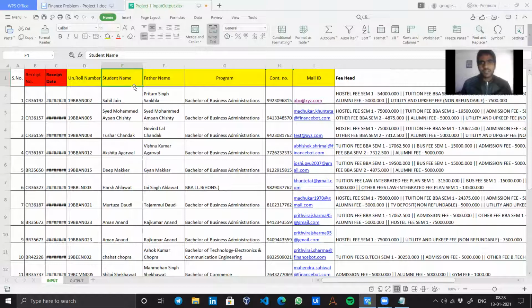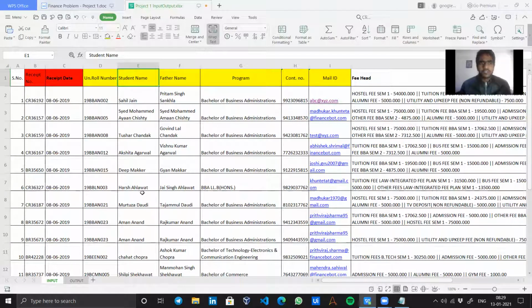Is there any empty row? By empty row, we can also see that it could be possible in future, not sure, but the software which is being used by the client to create this file might get some problem and might add some empty rows, though it has very little chance, like 2 to 3%, but we can consider that. So if a student's data is generated, a receipt number or receipt date or his university roll number, something would be there, right?